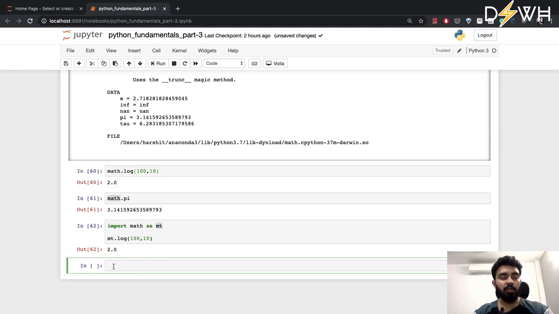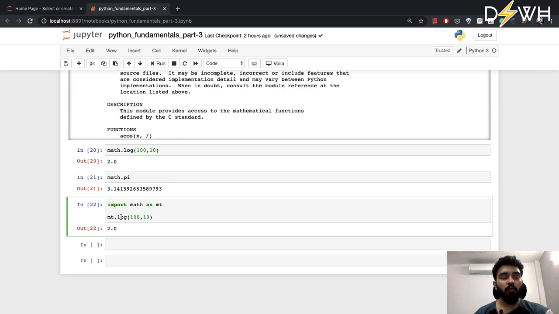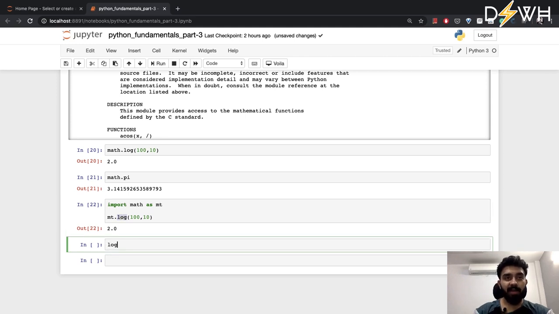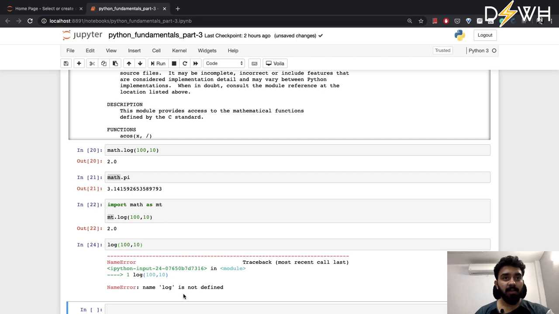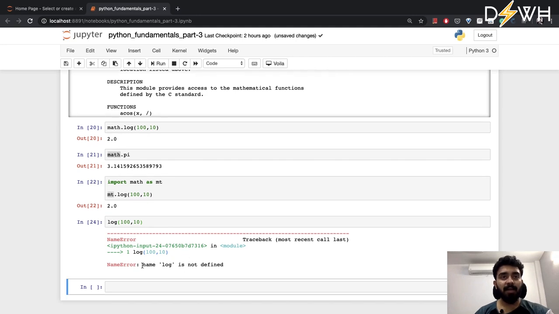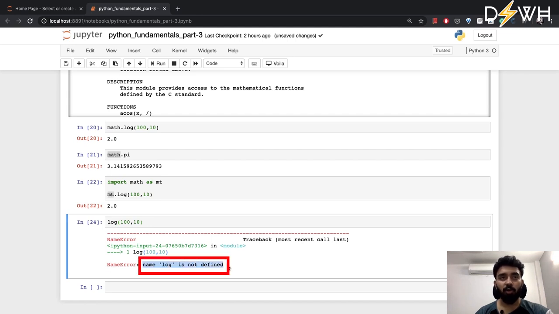Now the other thing that you'll see is that there are modules, there are different classes and functions that have been written. So wouldn't it be better if I could use log simply by writing this and not using np dot or math dot everywhere? If I run this, it should work. It has given me this error called NameError, where it is telling me that name log is not defined.